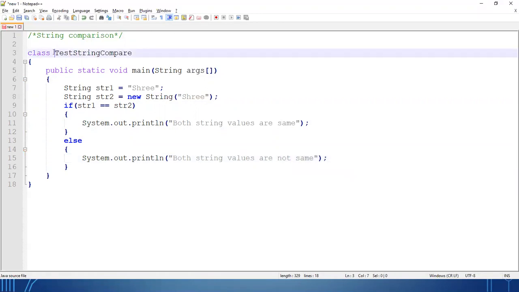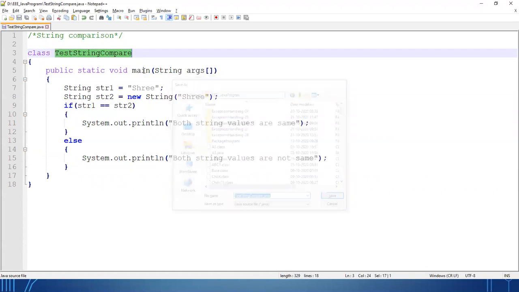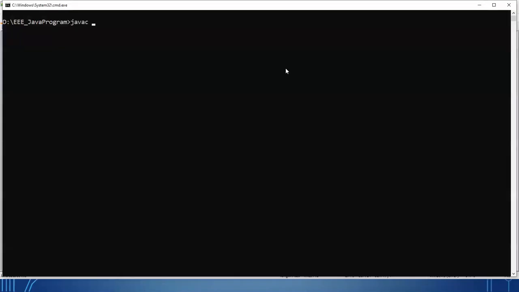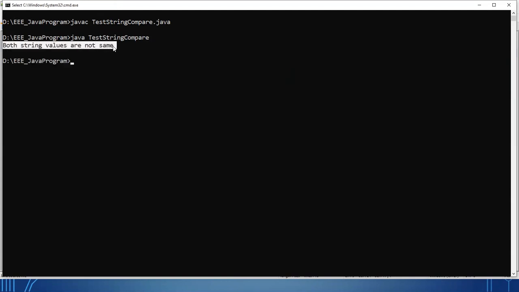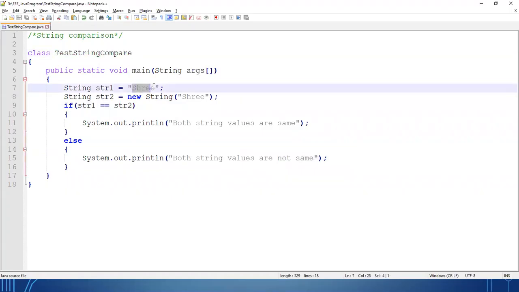Let's save the file and go to the command prompt. Compilation done. See, I am getting both string values are not same, but surprisingly I have given the same value in both string objects.